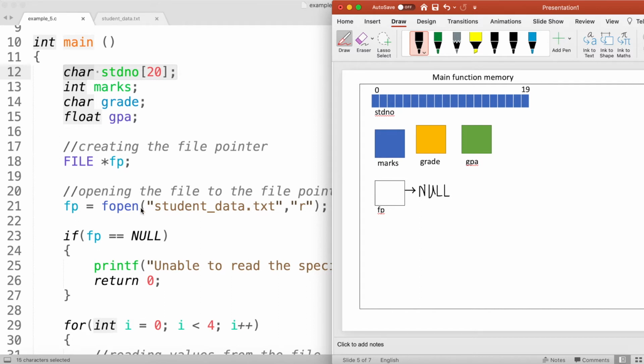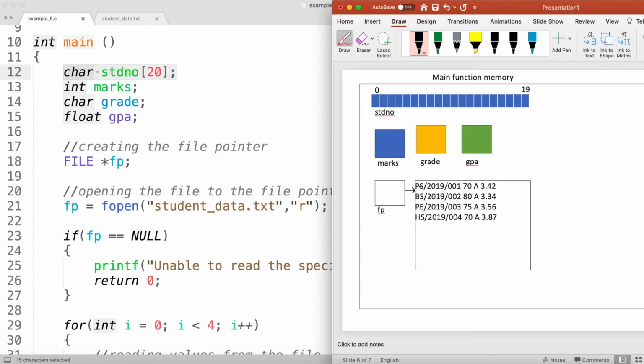Then my computer will execute the next statement, the assignment statement. It will try to open the student_data.txt file, and it will assign that open file to my fp file pointer. After execution of this fopen statement, this is how my memory looks like.